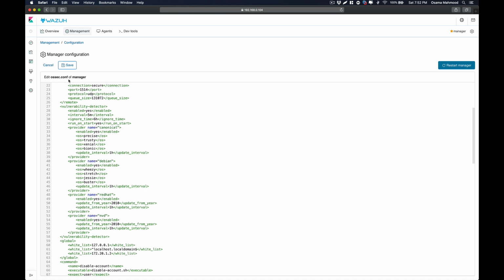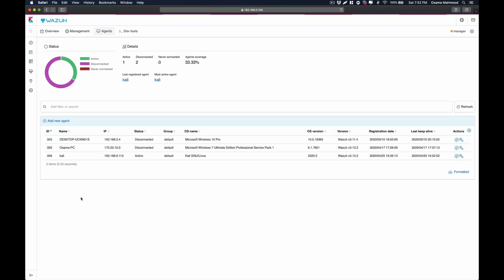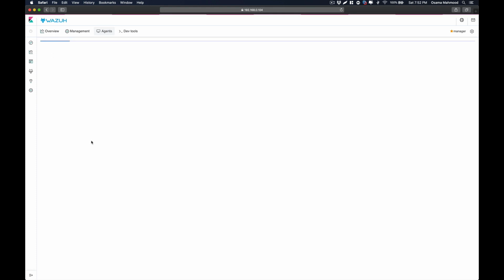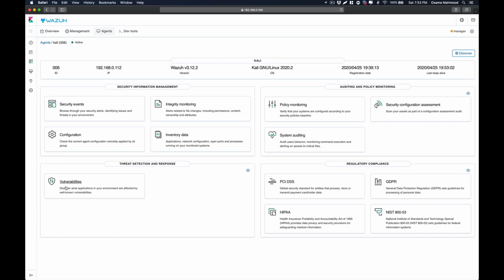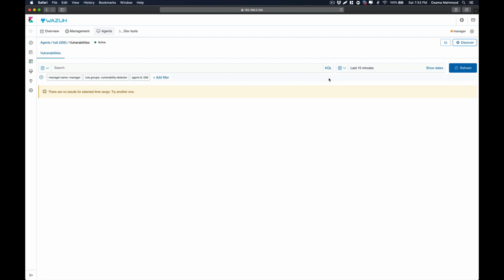And after the scan is finished, you will see all the vulnerabilities related to that system in the agent section. Just go to agents and then click on the Linux agent you want to check the vulnerabilities on. As you can see over here, I have only one Linux box, so just click on that, and in the vulnerabilities section it will start showing you all the vulnerabilities that it detects.